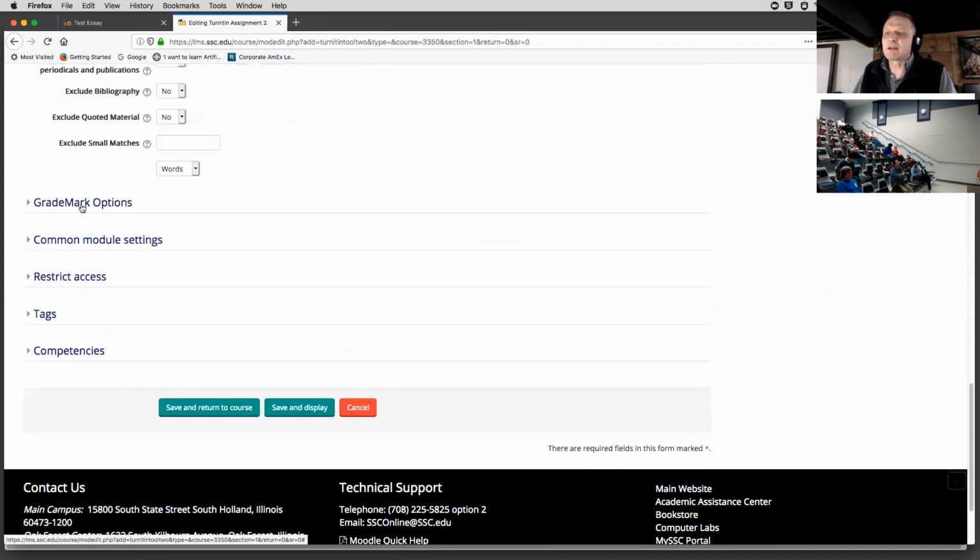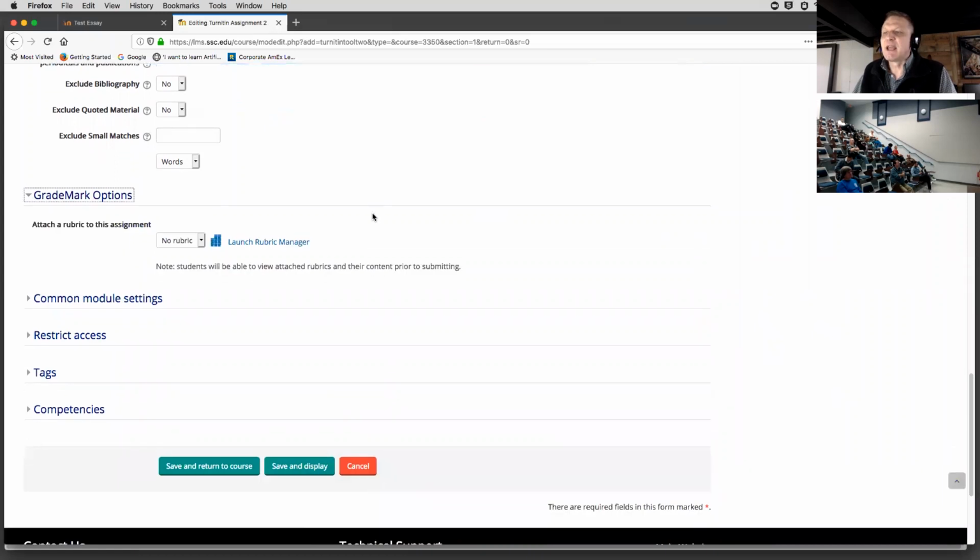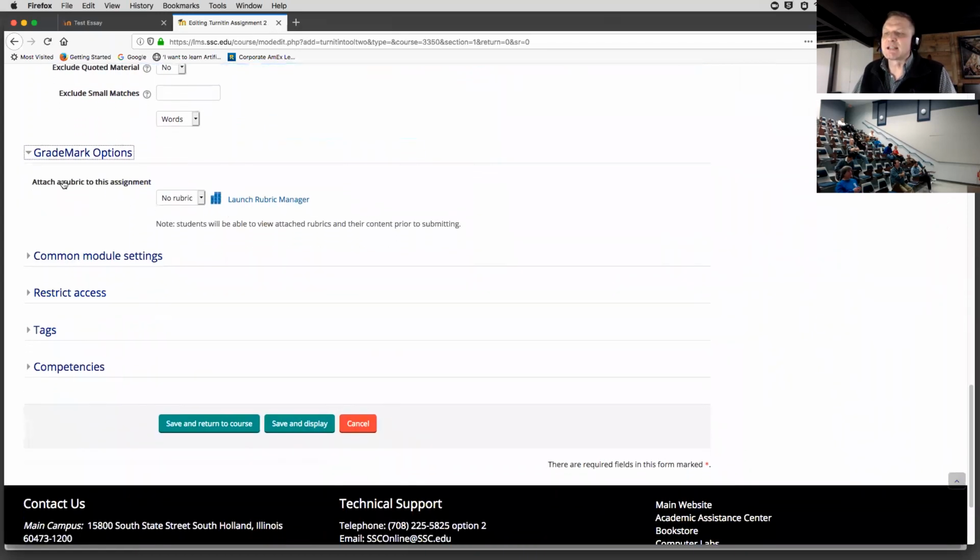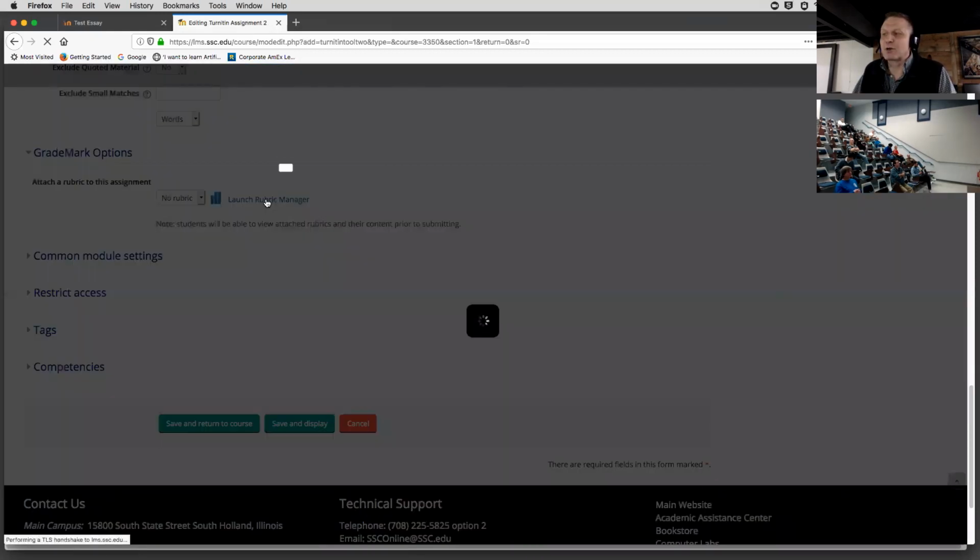Now here you've got what are called grade mark options. Again, you want to expand that. This is where you will actually attach the rubric if you would like to or not. Now, earlier I said that the Rubric Manager was turned off in the demo. This is one way that you can access the Rubric Manager. So when I open this up,